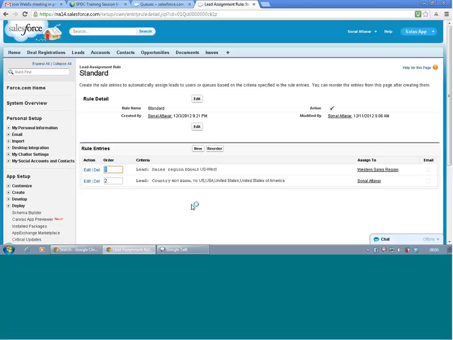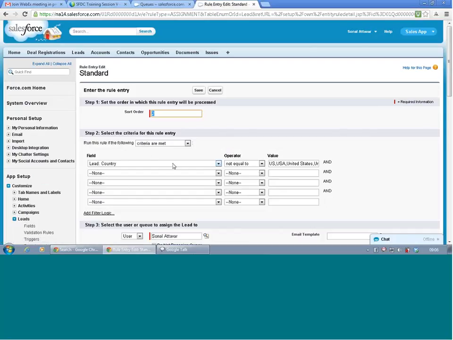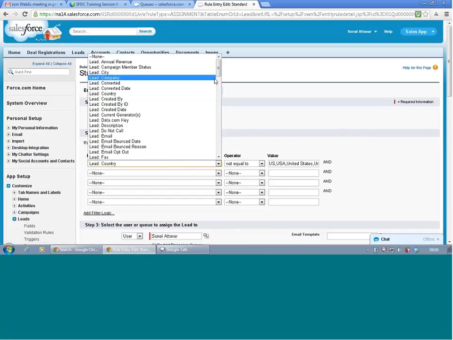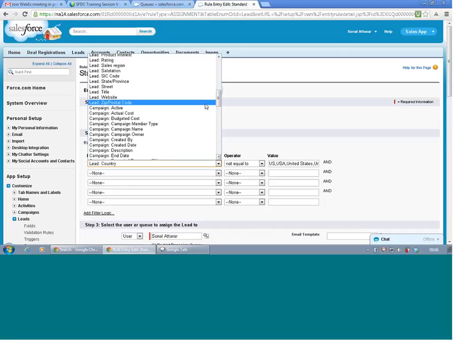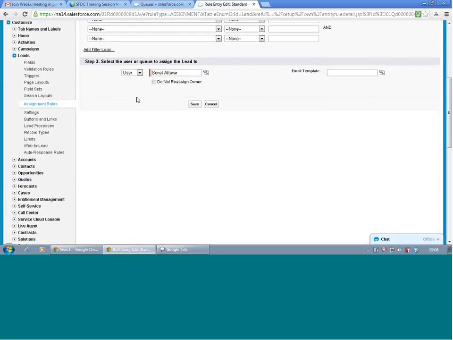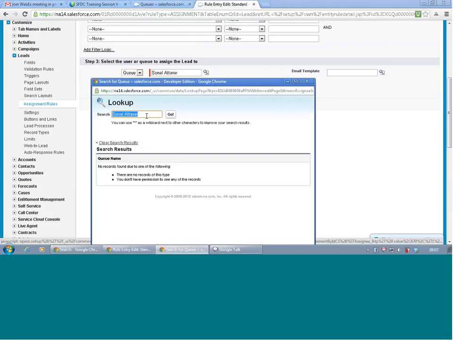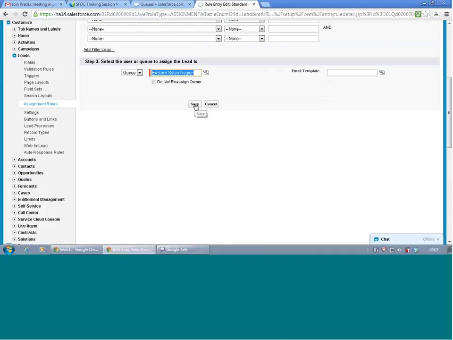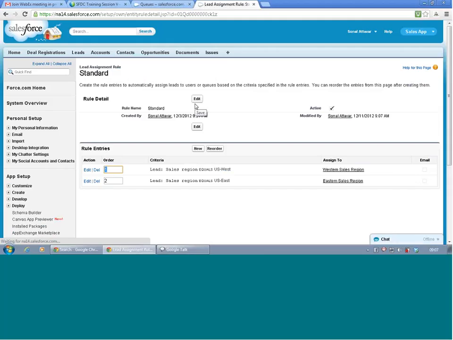Okay, the second one, edit and change the sales region to US-East.